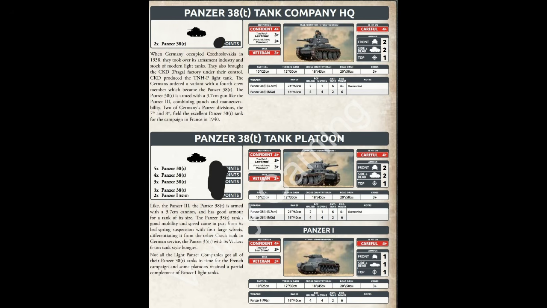So with the Panzer 38T, HQ is a unit of 2, and then the platoon's a 5, 4, 3, or 3 with 2 Panzer 1s. So again, a 5 drop unit for not a lot of points. It's a little bit more than 4 Panzer 38Ts, but is less than 5. But it's the hulls going into assault because these guys are veteran, and they also have a remount as well